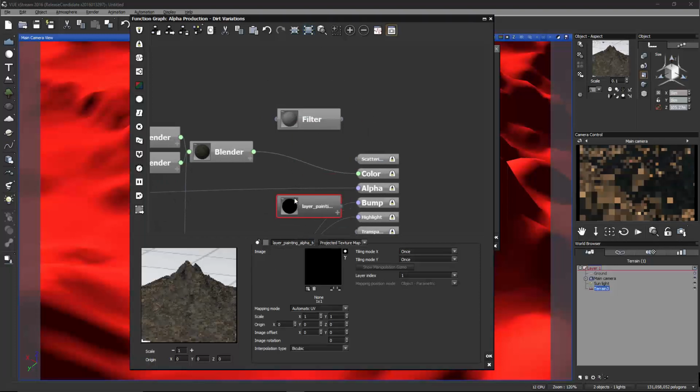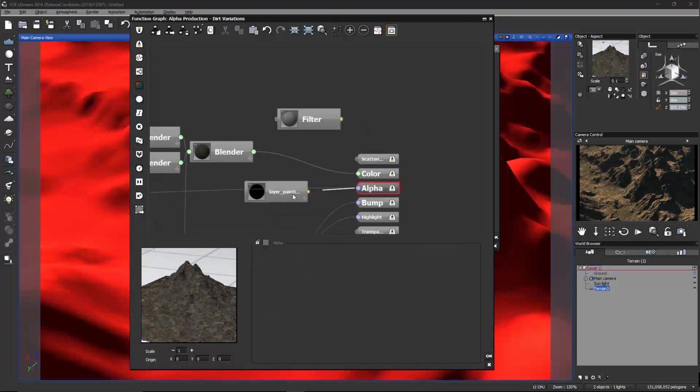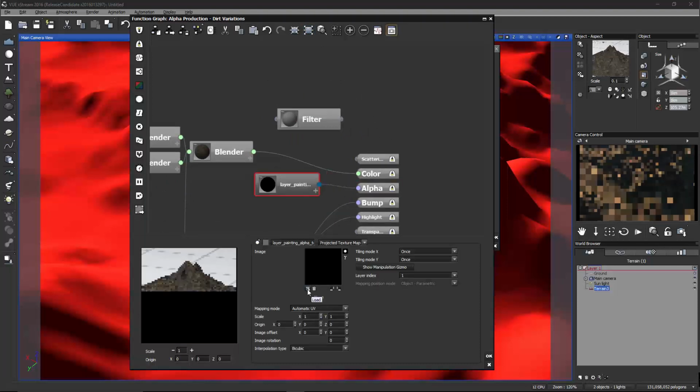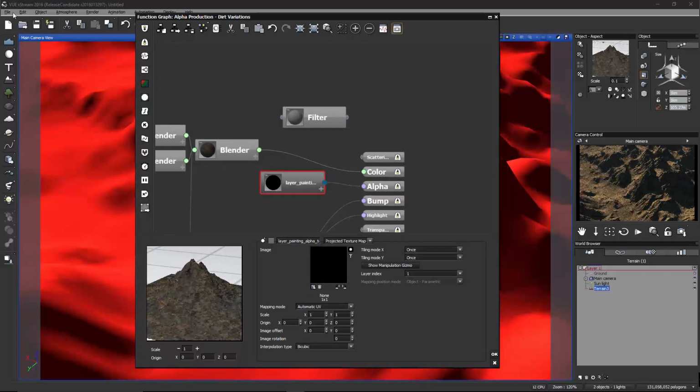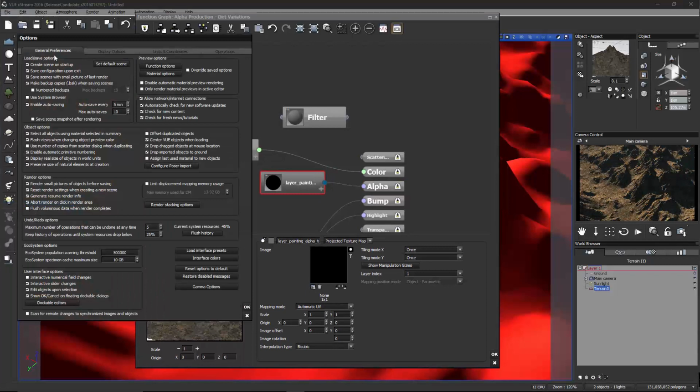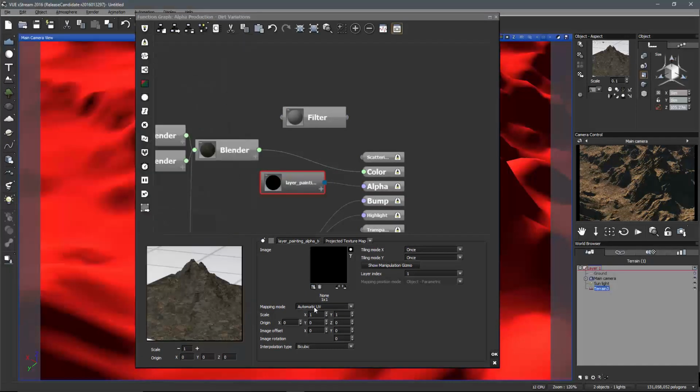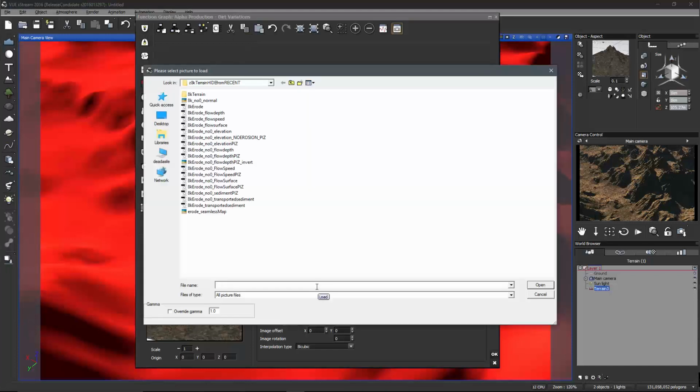Connect the alpha to it, grayscale output, and then we can load in our image. And so now I'm going to go into the options and use the system browser, load that in. What I'm going to use is the flow depth, and I've got two different versions. I've got one with zero edges and one with no zero edges,